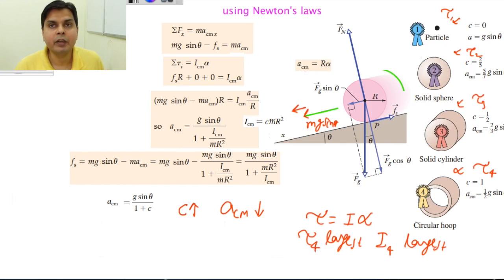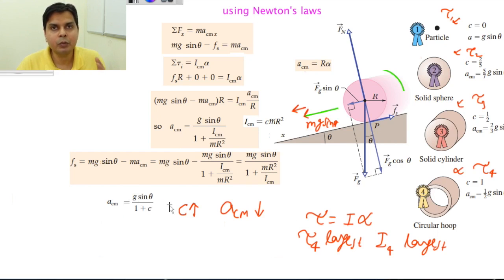Now you require a very large torque. So who will provide this torque? Friction will provide the torque. So this friction will say, okay, you are making a poor guy like me do all the hard work. I will do the hard work, but you also better pay a price, that I will reduce your linear acceleration. That's why for this thing, linear acceleration is smallest. So this is a simple reason.